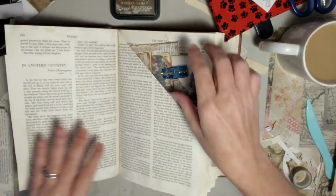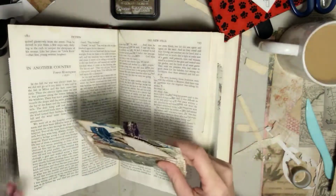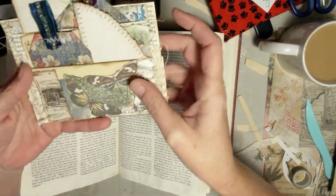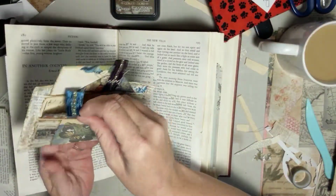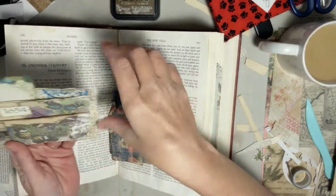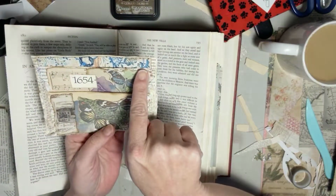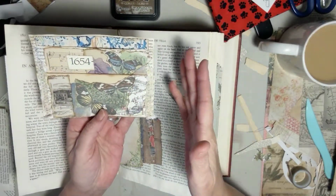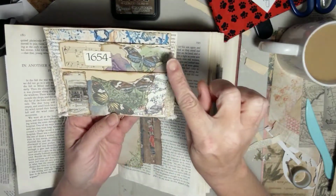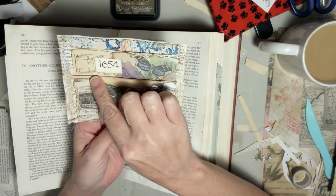And then this is the one we got stuck on, I believe. Yes, this is the one we got stuck on. And so what I did is, let me take these little tags and stuff out. Remember I had done the blue at the top, and then I started down here, but I wasn't quite sure what to do. Well, I went ahead and did some butterflies, some flowers, some of the music, and then